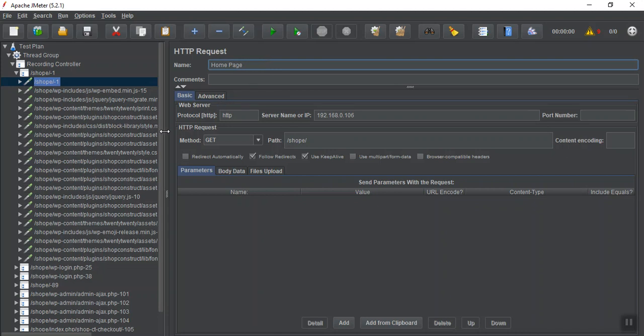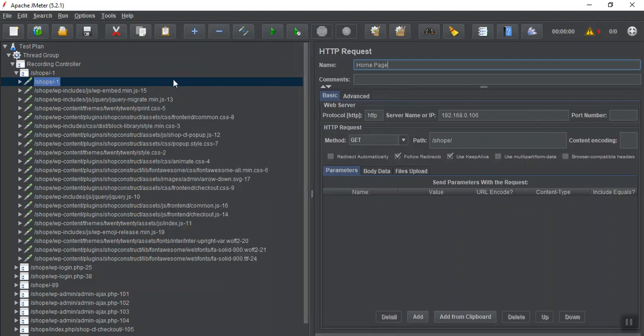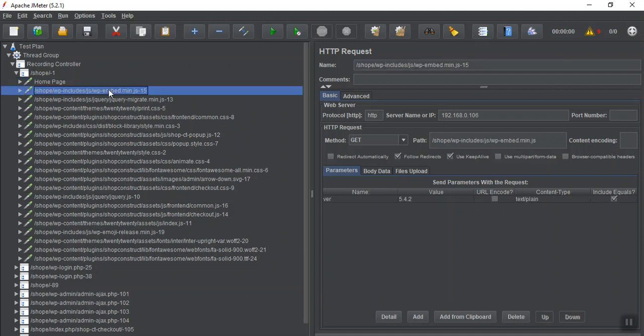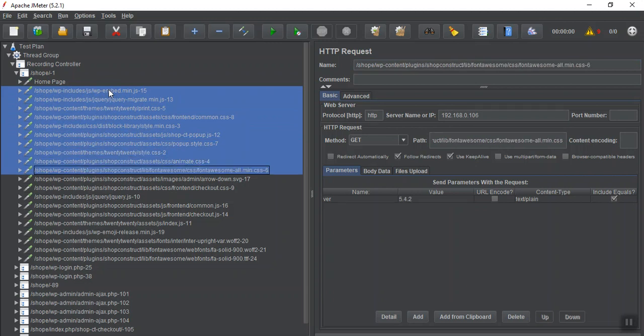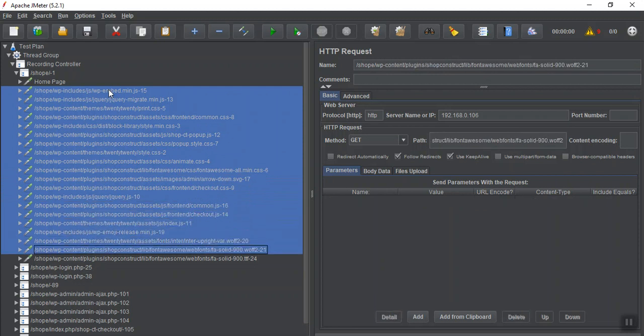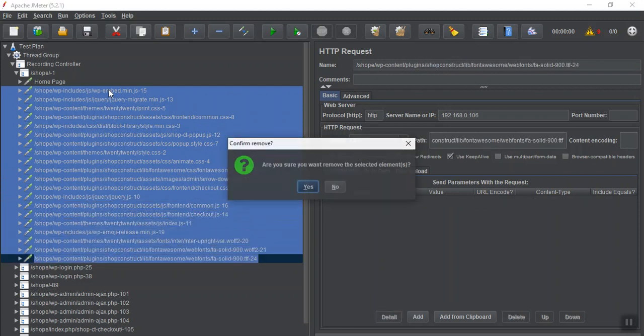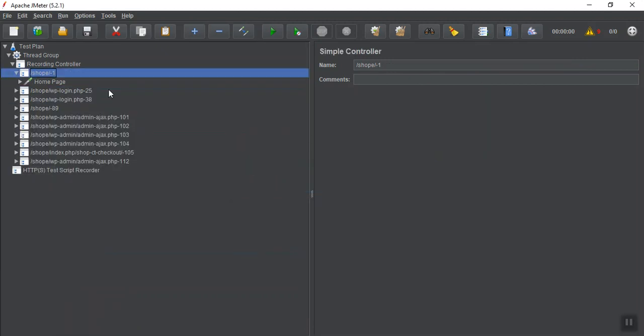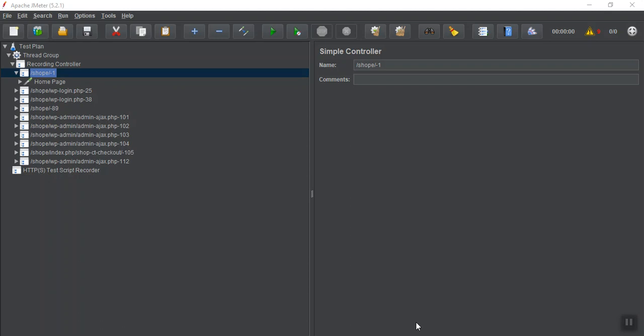Fine, now if you see the requests, they are JS, CSS. Actually our filter was not able to filter them out, so I have to delete these. After seeing the extension, there should be some extension of different files, like JS, TXT, WOFF, TTF. So I have taken and deleted them. Yes, I have deleted it. Fine. And see, this is the only file which is available.